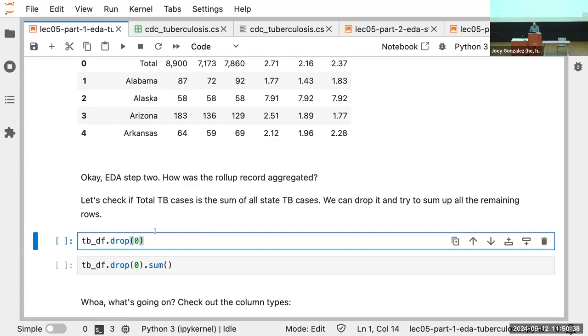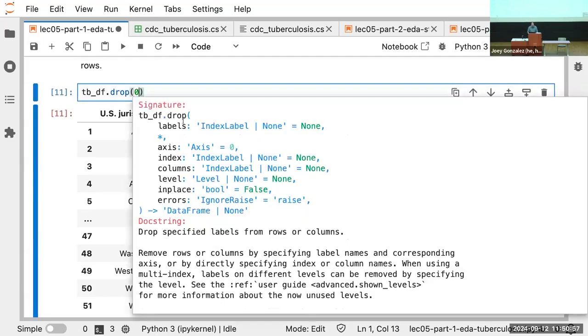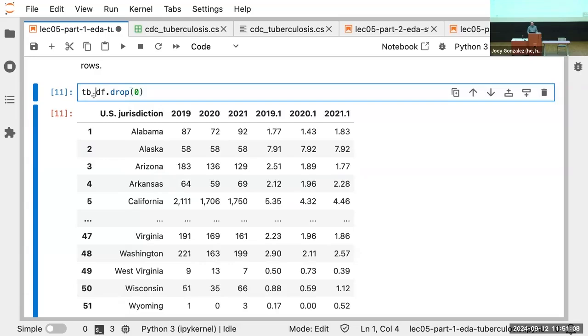What's this going to do? It's going to drop the 0th row. So now my table looks like this. Did it modify the table? Drop 0? No. Important thing to keep in mind in pandas, basically everything, unless you say in place equals true, is not going to modify that variable, but return a new thing. Why do this? Because we'd like when tbdf is created for it to be the same throughout the notebook. So we want to do all these transformations at once and then have just tbdf. And anything we do to it from then on should make new data frames.